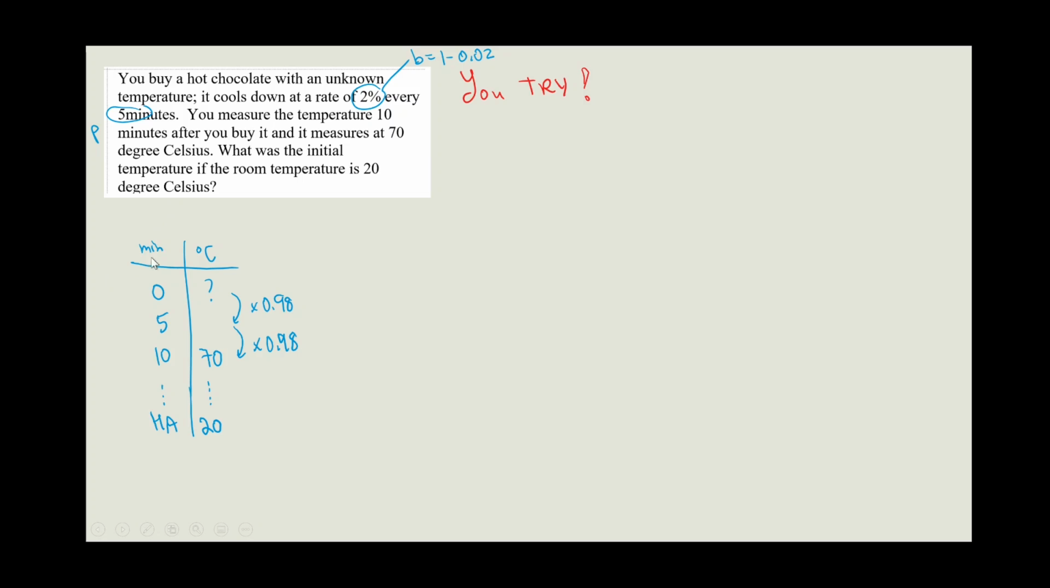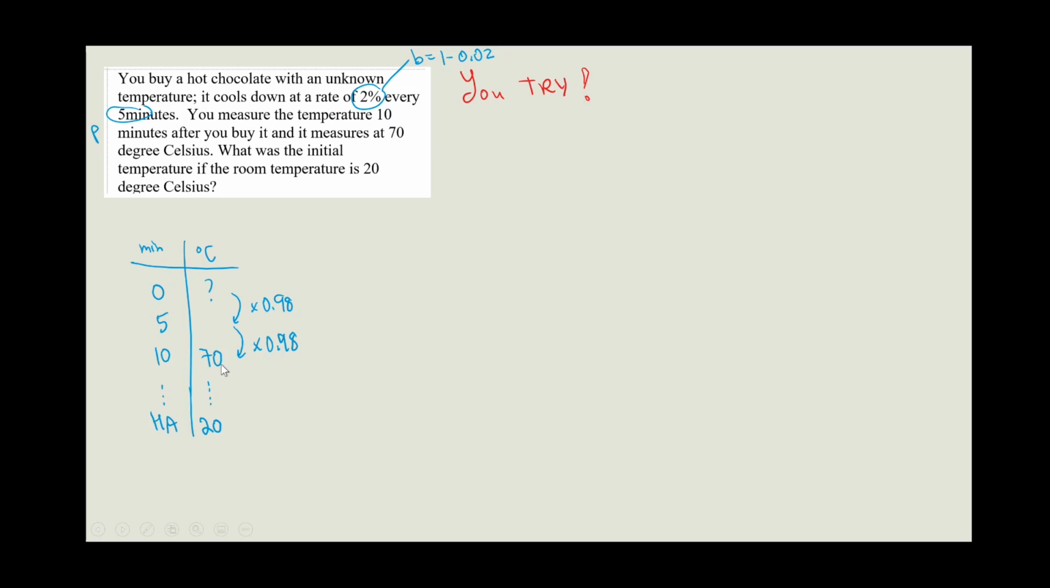I didn't do my let statements, but this is kind of my let statement. Minutes represents my x, degrees Celsius is my y. We don't know the initial temperature. At 0, we don't know what that is. It says what is the initial temperature, so we don't know that. But what are we told? We're told 10 minutes after you buy it,